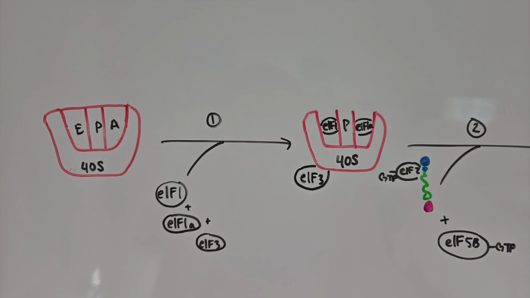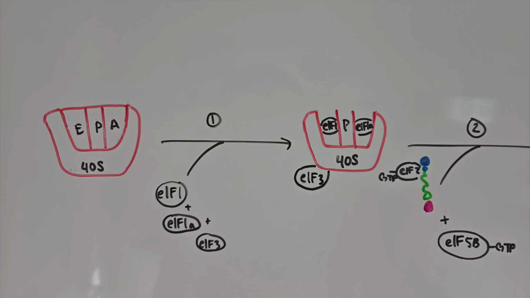Initiation factor 1A will bind to site A, and initiation factor 1 will bind to site E, so that leaves slot P open for the initiator tRNA to bind. Initiation factors 1 and 1A are both homologs. The initiation factor 3 will bind to 40S to prevent premature